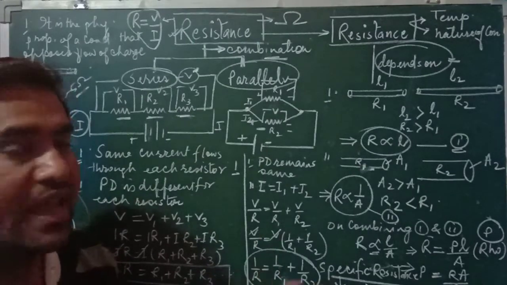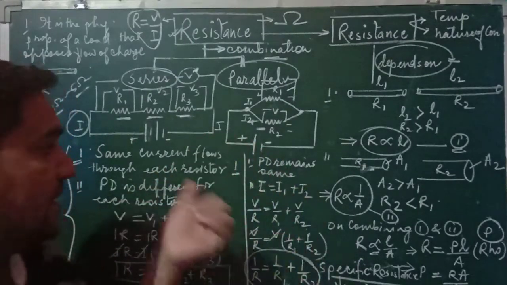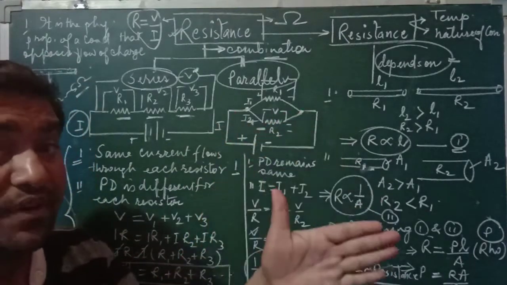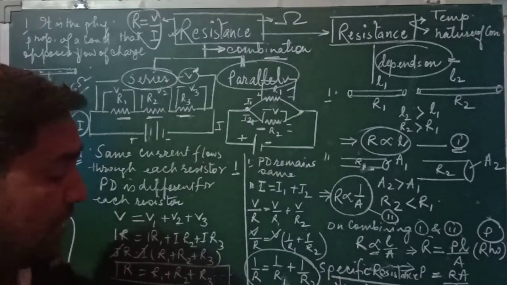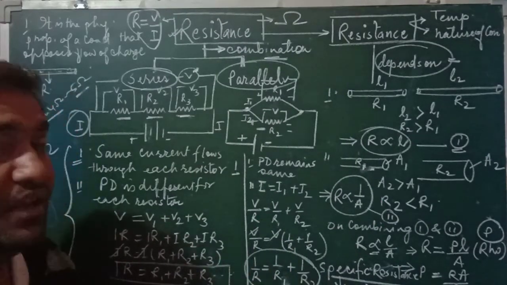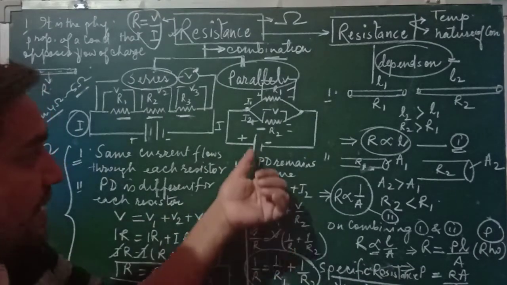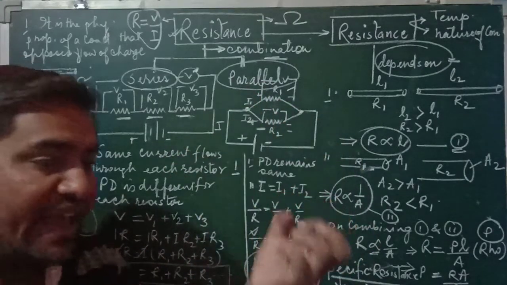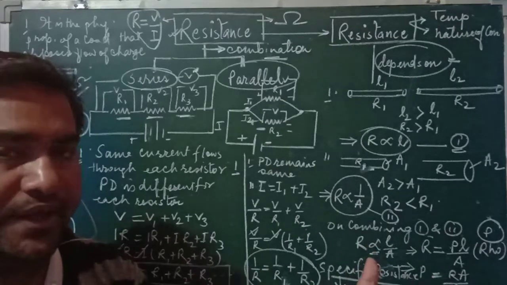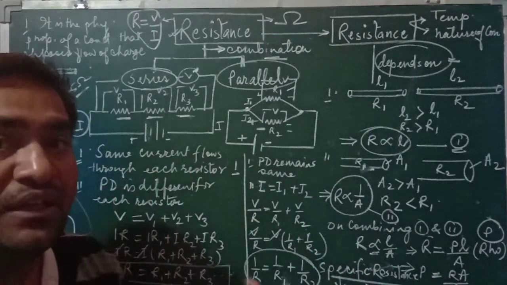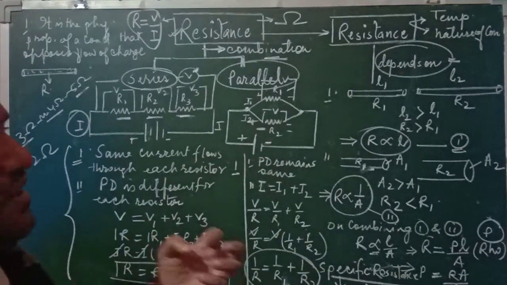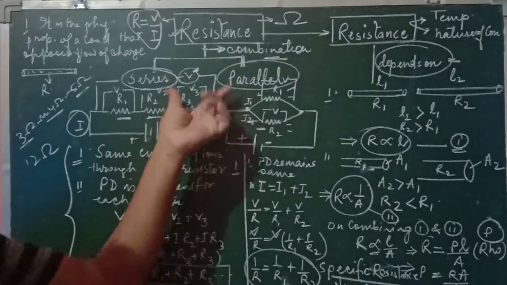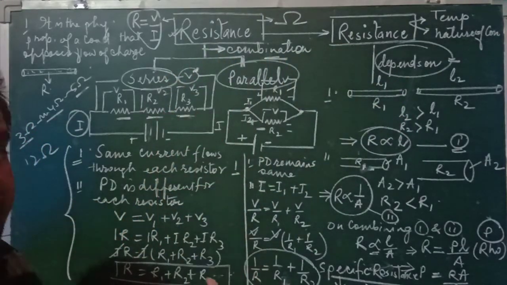Everyone has a house and can check whether there is a series or parallel combination in their houses. So why is parallel combination preferred for household wiring? I have just told you, the net resistance is less than each individual resistance. And the potential difference remains the same, so each device can draw as much electric current as required. That is not available in series combination. So in a very short way, I have given you the whole idea about resistance, how it depends on things, how it is connected, and what the benefits and disadvantages of these combinations are.